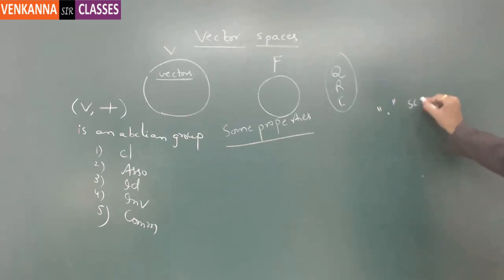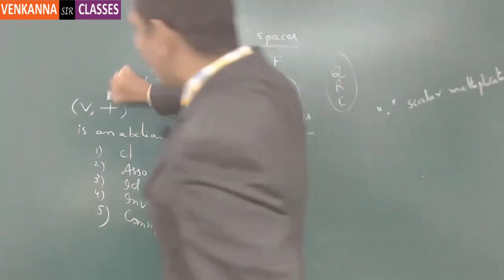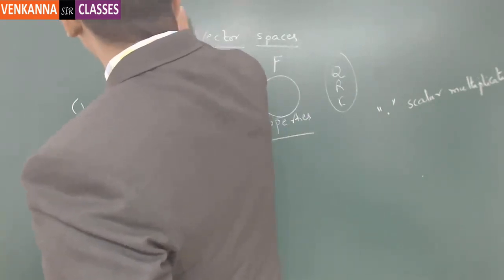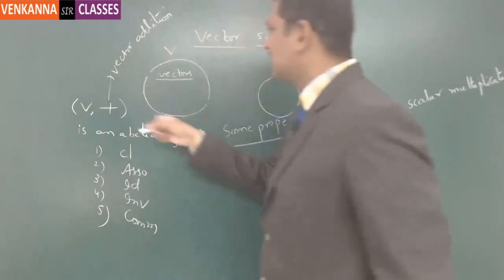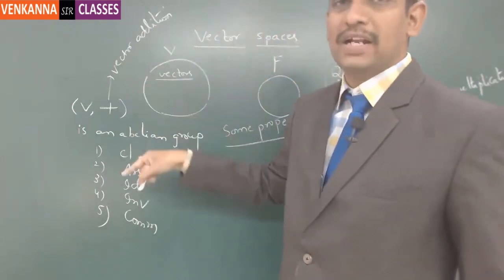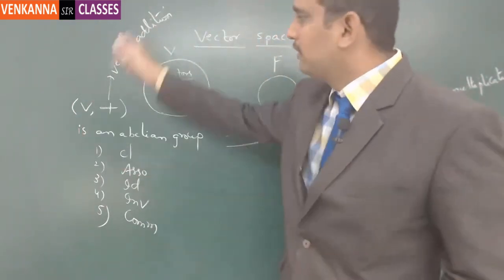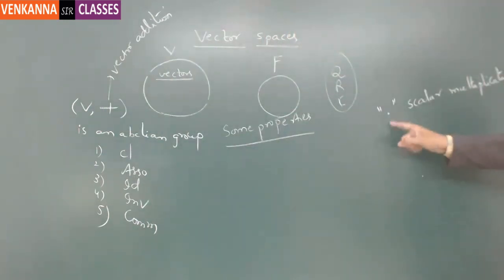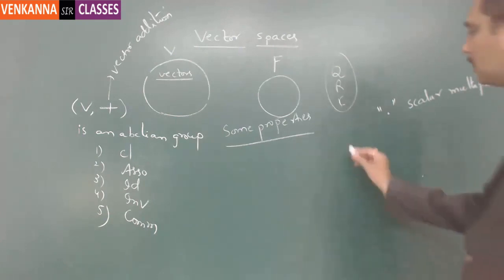Now, I am taking another operation, dot, called scalar multiplication. There, I call plus vector addition. Why am I calling it vector addition? Because the elements in the set V, I am calling vectors. Since I am adding them, I am calling it vector addition. Right? Now, with respect to this dot, I am checking the following properties. The properties are